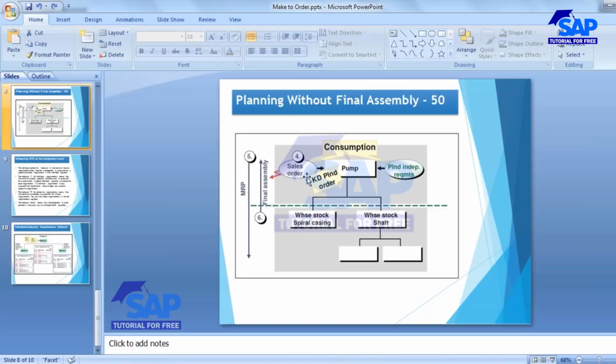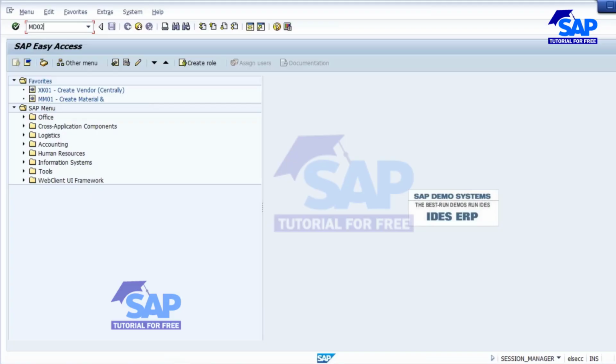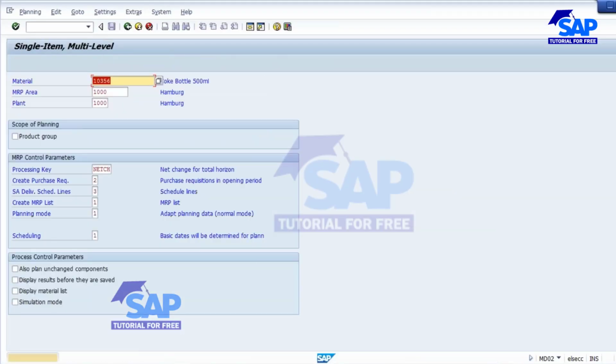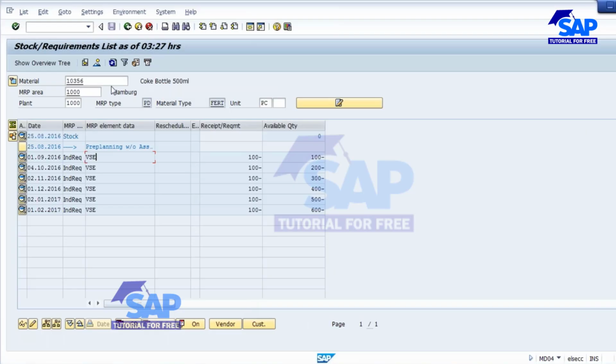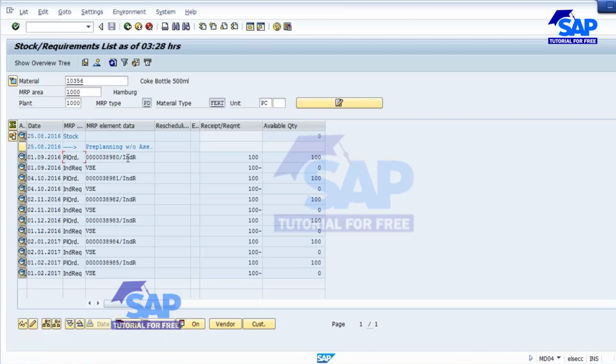Okay. First they do MRP. I am here. I am executing MRP. So MD02 as usual, I am executing MRP. I executed MRP. Now if you go to the stock requirement list screen, you will be getting the planned